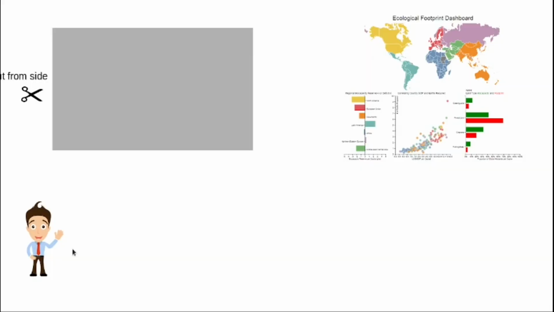Now you know how to make a layout. Suppose you want to make a dashboard that looks like this. How can you do that? Think. What you can do is cut the paper from the side. It means that you write orientation row-wise. Suppose I make the upper paper size 560 and the beneath of this 440 pixel. Now I will show you a demo in RStudio.